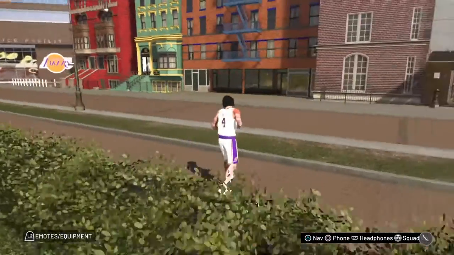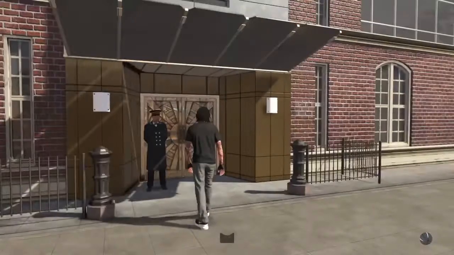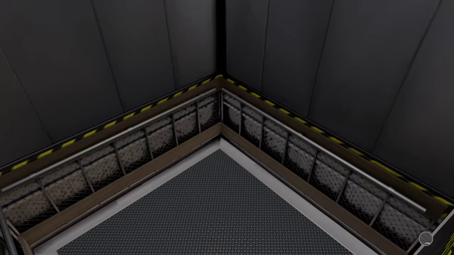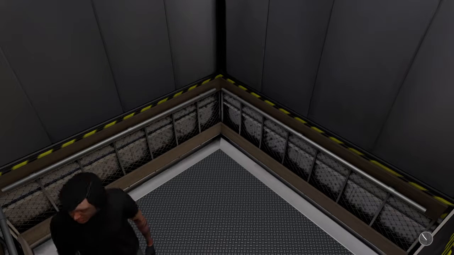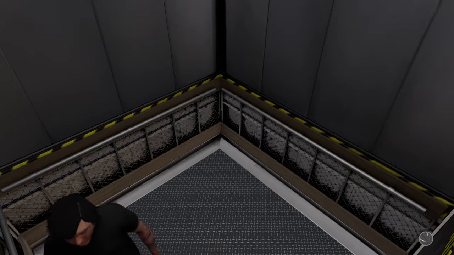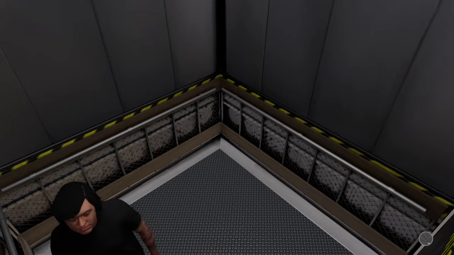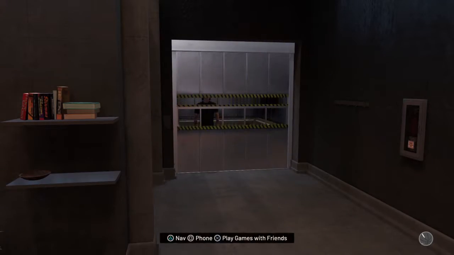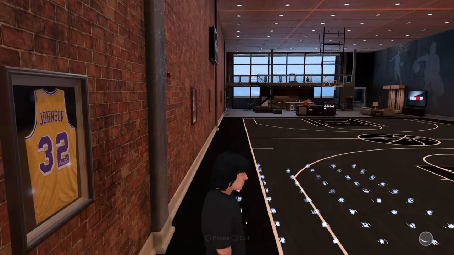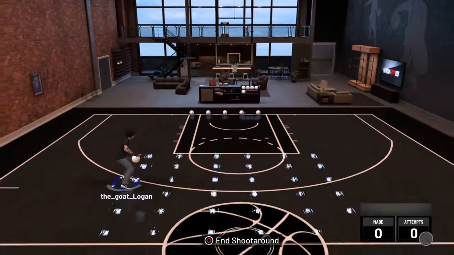Now I'm gonna teach you how to do some dribble moves now. So let's go to shoot around. So the first move I'm going to be teaching you guys is how to do this